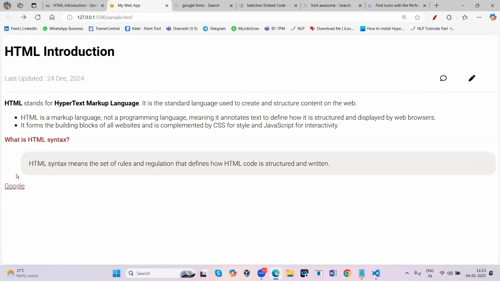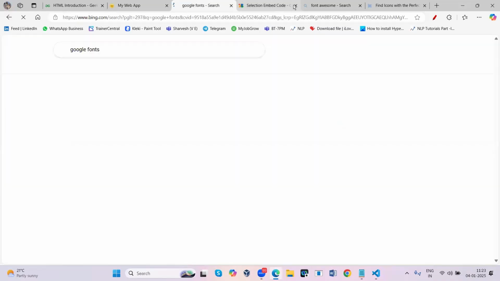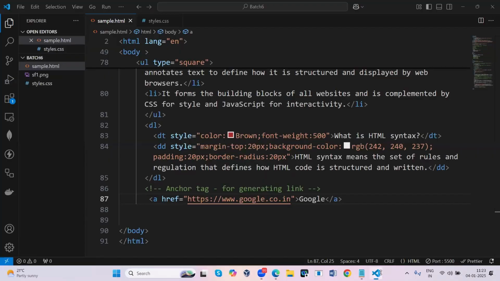Now what I should do here is, when I click this, it should open in a separate page. It should not open in the same page. At that time, you should use an attribute in the anchor tag called target. Target is equal to, you have to write the value as _blank, underscore blank. So when you click this, it is going to open in a blank tab, a new tab.